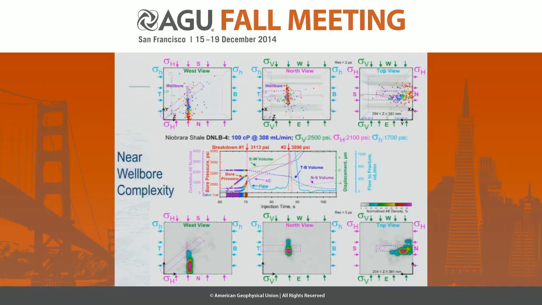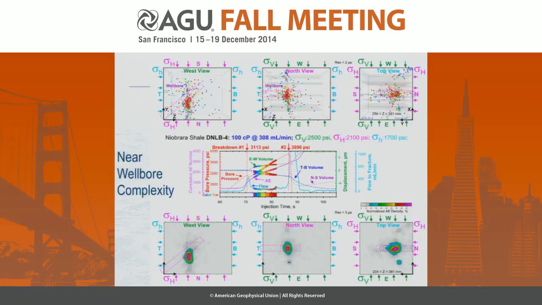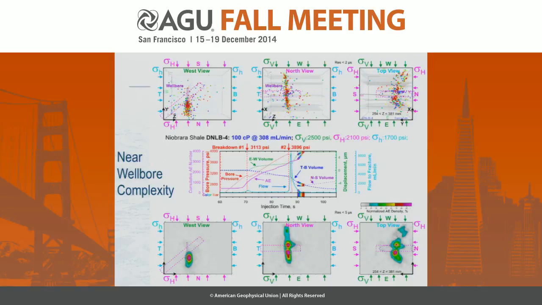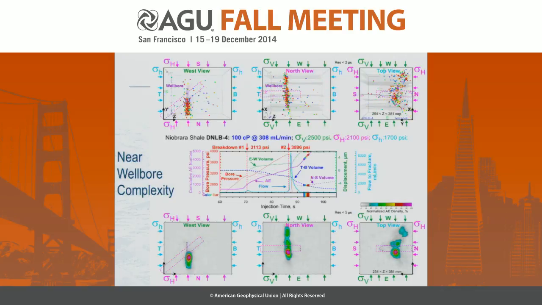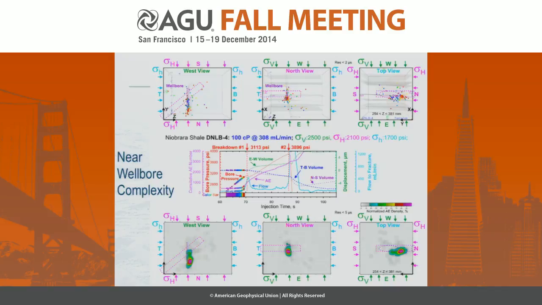On the lower part of the slide, I demonstrate the density of acoustic emission events calculated within a sliding cube of 1 inch side. You can see that in this case, we also observed one-wing fracture propagation, non-symmetrical, propagating in only one direction. In the middle part of the slide, I demonstrate different parameters registered during the test, and I would like to draw your attention to this red curve,